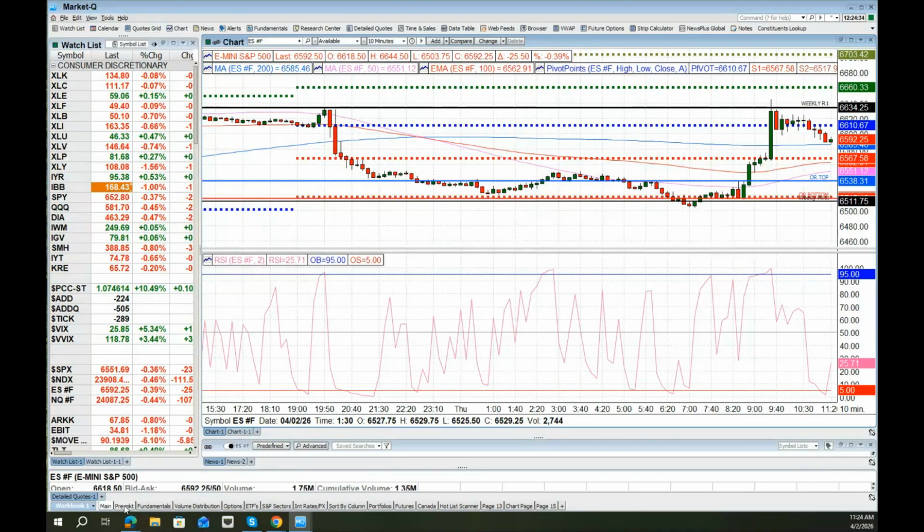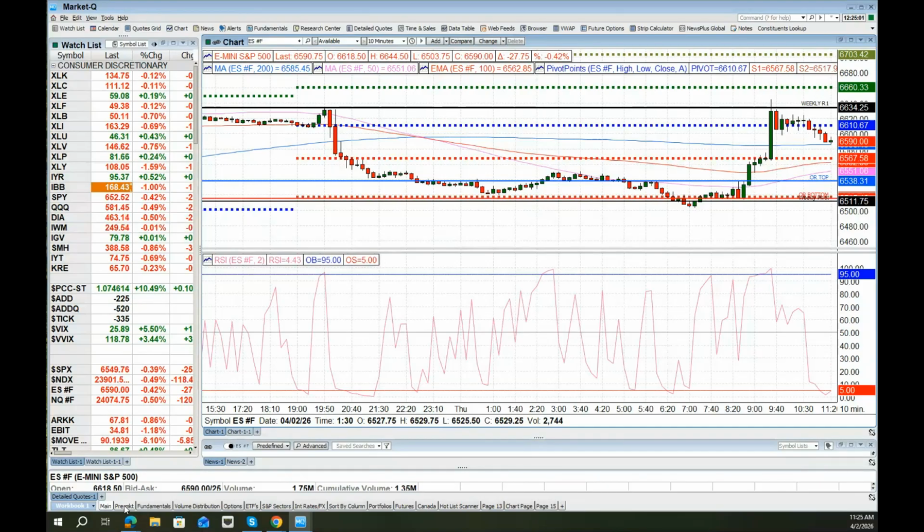I use it as a guideline to trail the stop as well, because in a lot of the swings lower or swings higher, it kind of keeps you in the trade. I'll get out of the trade if I'm short, if it closes above it, or if I'm long, if it closes below it. So, to wrap it all up,